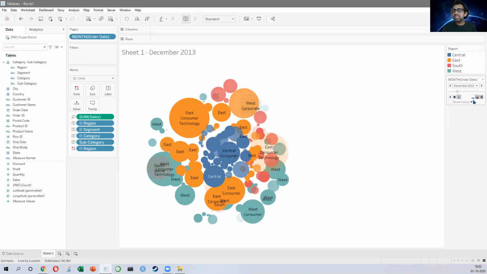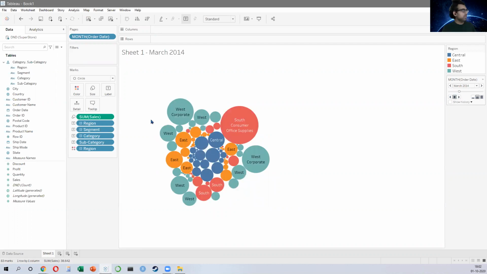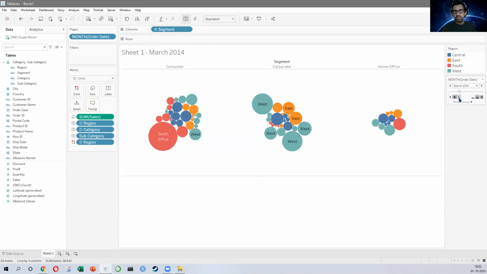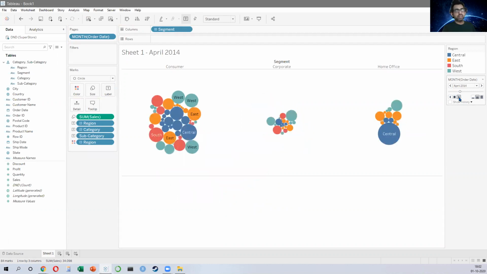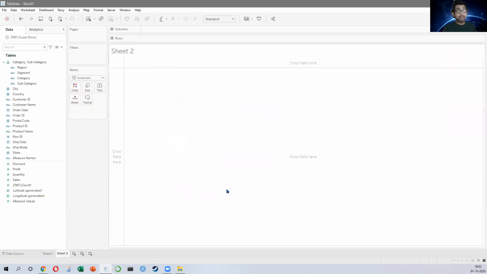And there's a lot of simplicity. Like if I put my, let me just stop it first. If I put my segment in my column, it will make 3 different packed bubbles for me, right? And then I can see the visualization like this. More or less it's the same thing. What I can do on Power BI, I can do on Tableau, but maps are very nice in Tableau, a lot easier to work with. For example, I can put my country.